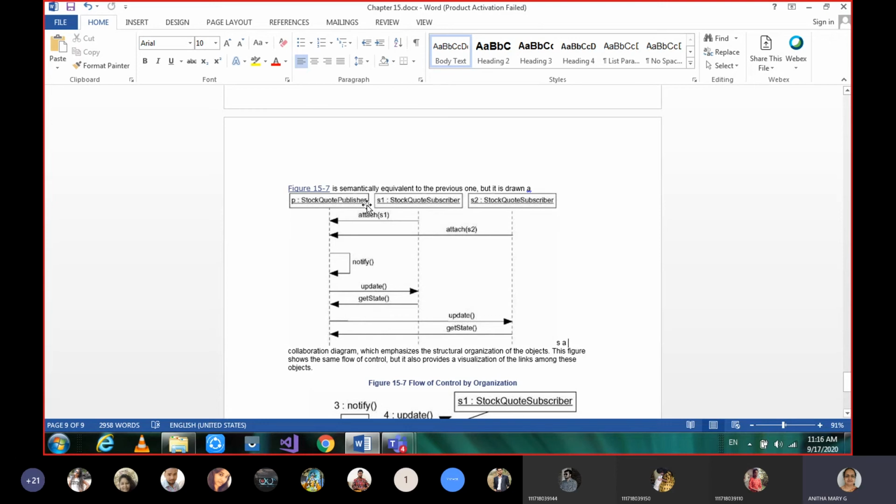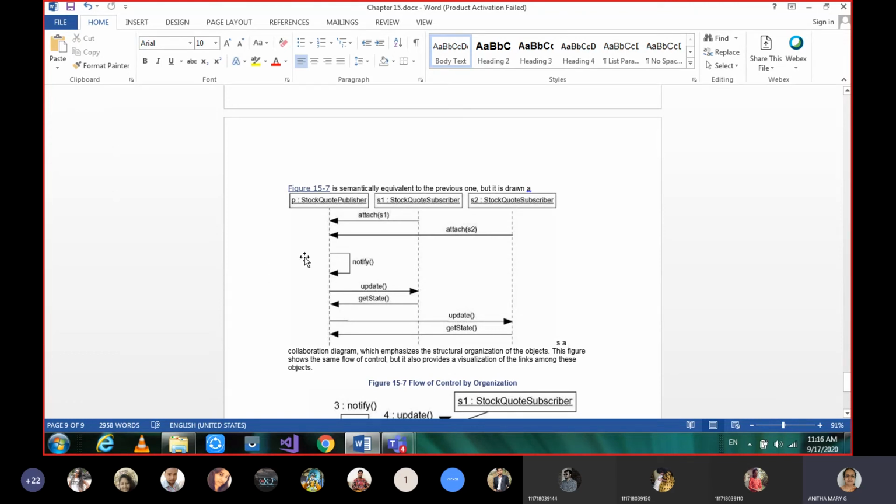So here we have the publisher P instance, and stock quota subscriber 1 S1 and stock quota subscriber 2 S2. Here the first subscriber is attaching, sending a message to the publisher saying that I want your publication of the book. Similarly, the second one is sending a message saying that I want the book you have published. And this publisher is going to check itself.